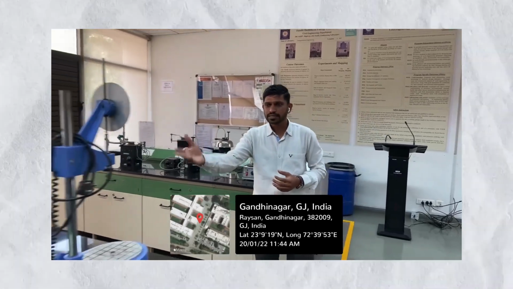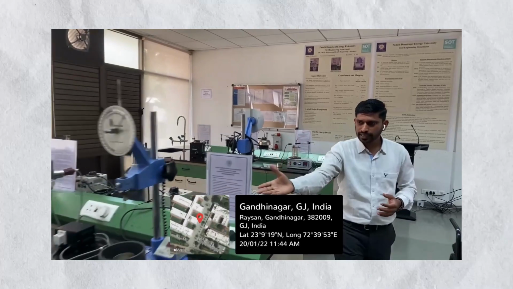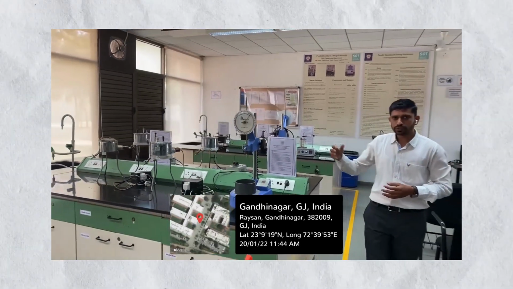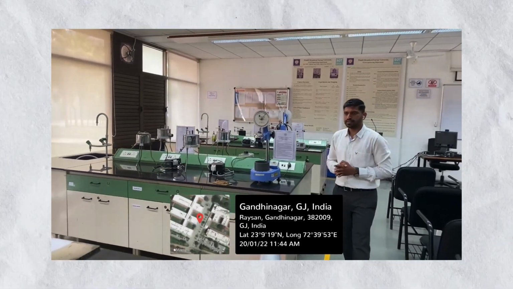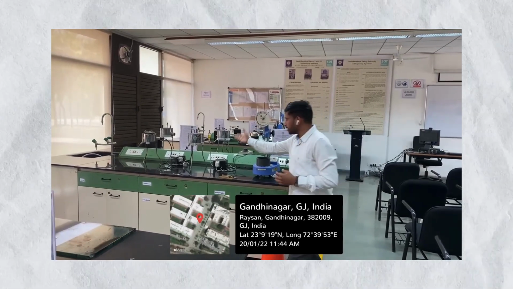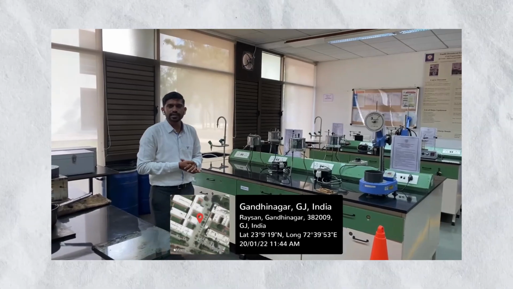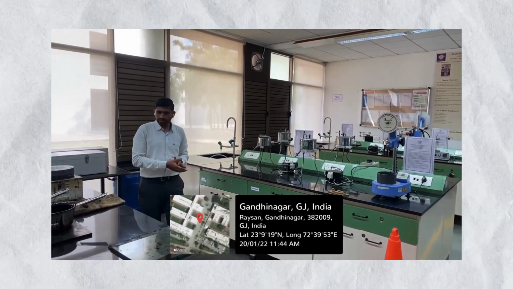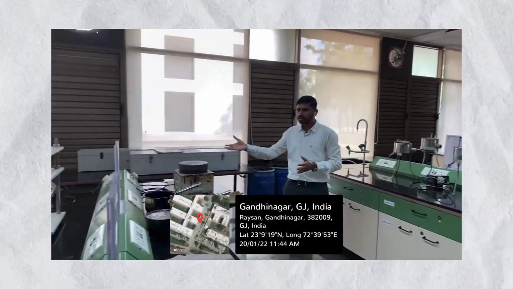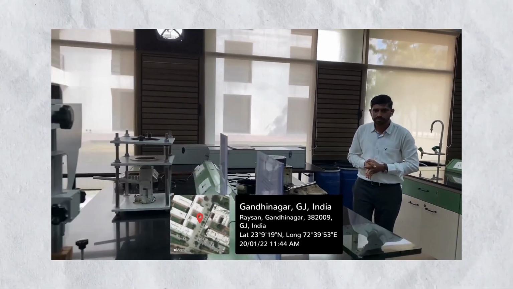Similarly, we have a standard penetrometer. Let's see this one, standard penetrometer. This is also used for characterizing the bitumen. And likewise we have a Saybolt viscometer for characterizing the emulsion material. And then we have this particular platform dedicatedly used for heating the bituminous material.